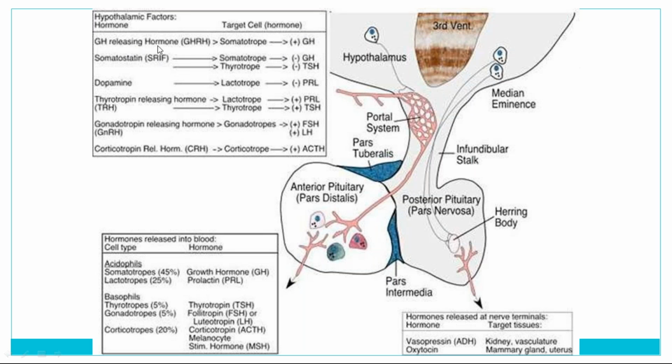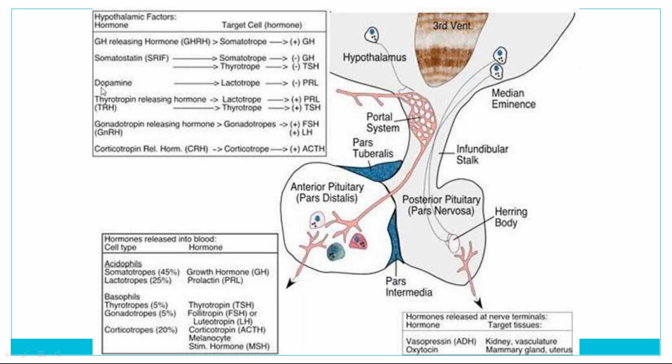For example, growth hormone releasing hormone has a positive effect to secrete growth hormone from somatotrope cells, whereas somatostatin, statin meaning inhibitory, will be inhibitory to the growth hormone